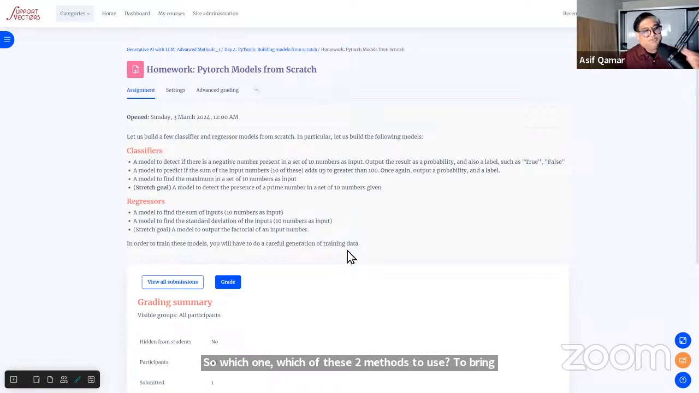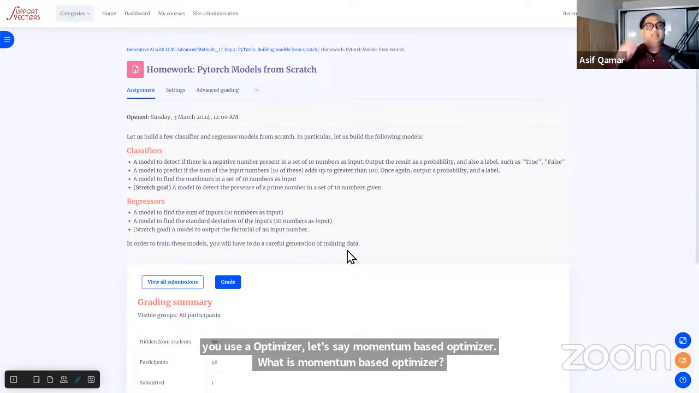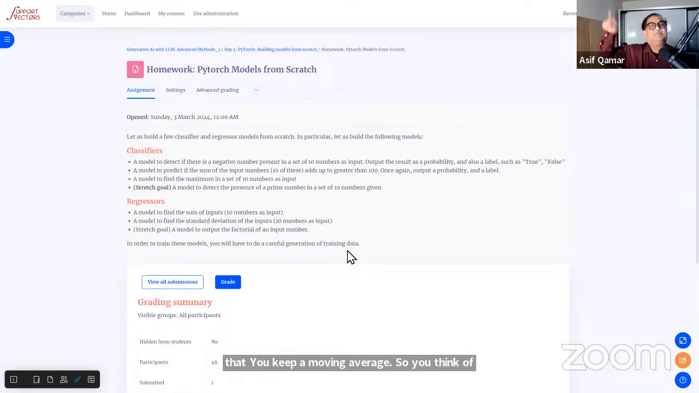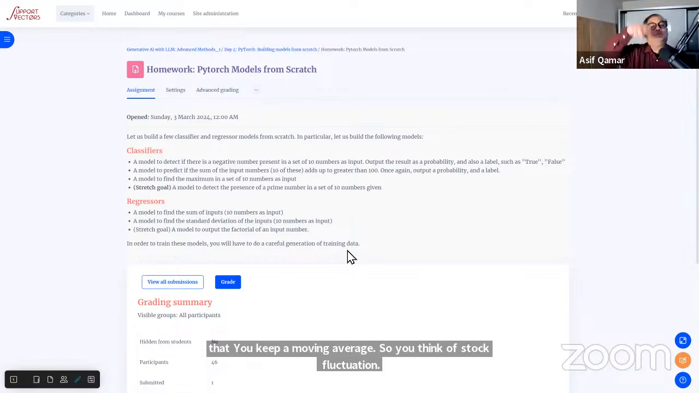And often you get intuition by staring at the problem. So I'll tell you how it goes. See, when you use a learning rate scheduler, what it says is that for one step, one journey, I'm going to set the learning rate to something. When you use an optimizer, let's say a momentum-based optimizer. What is a momentum-based optimizer? The basic intuition is that you keep a moving average. So think of stock fluctuation. The stock keeps fluctuating. So what happens is when you do normal gradient descent,